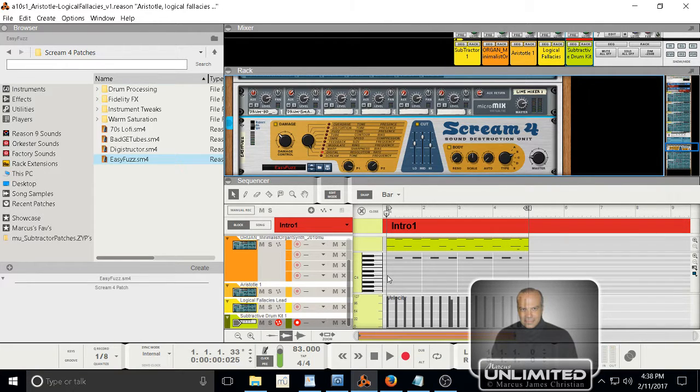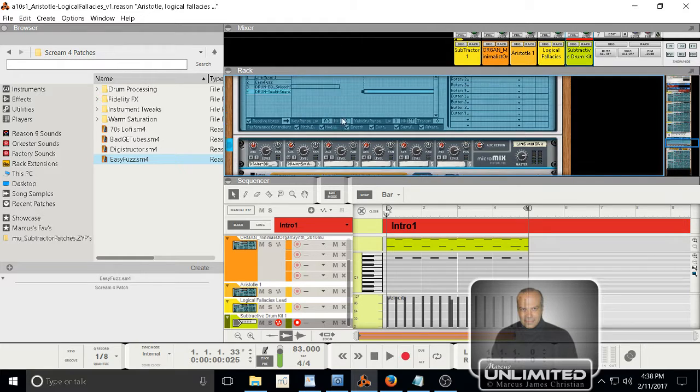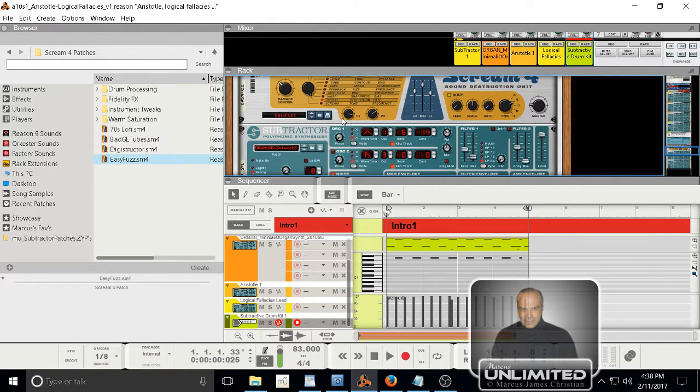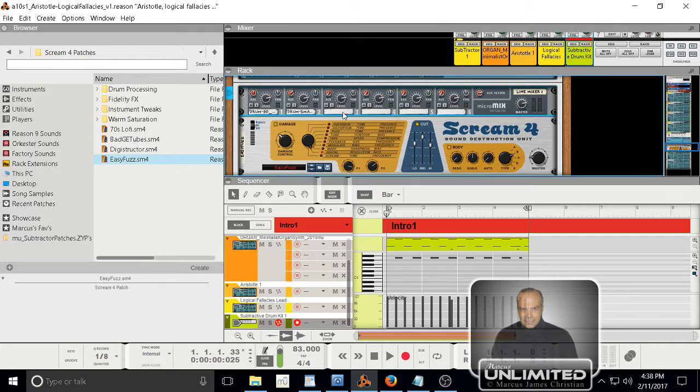Cool. We're off to a good start. Now let's bring in a hi-hat. I have this one really unique type of hi-hat I brought in once. There's a lot of ways to bring in hi-hats, but I really want this straightforward Logic one here. So right here on the tape of 3,